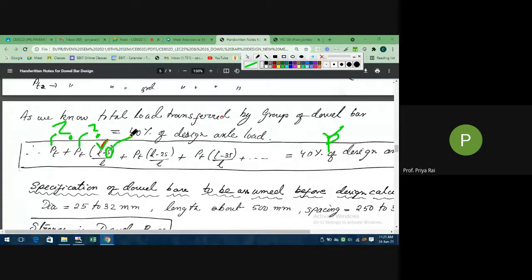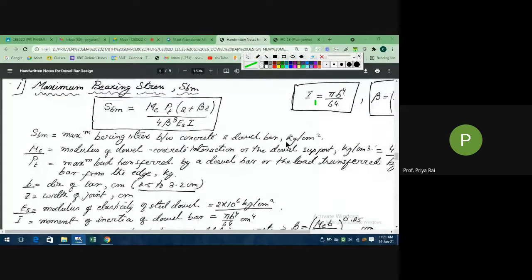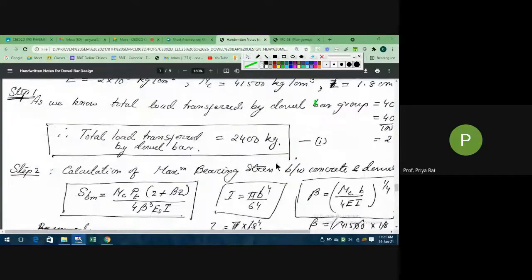Another one more thing which is required for calculating PT is S. This is the spacing. Okay, this is the spacing of the dowel bar. This needs to be assumed. Again we need to assume S here. Okay, so after assuming S, then only we will get PT value. Okay, because everything will be now known to us. Okay, so using this equation, PT will be calculated, then we will go for this equation. So is it clear the steps how to do?